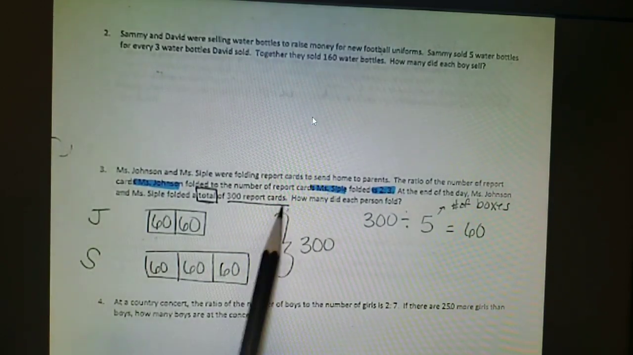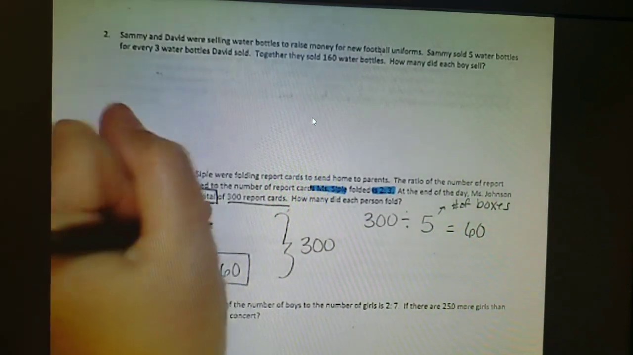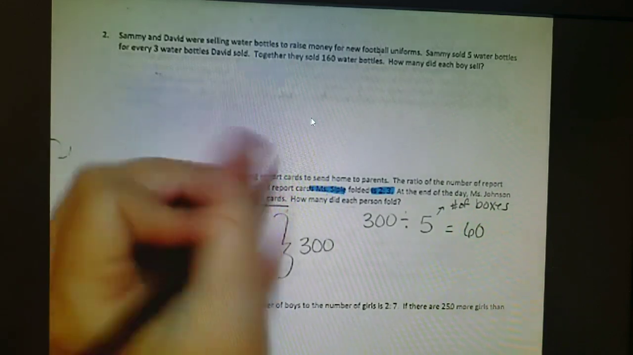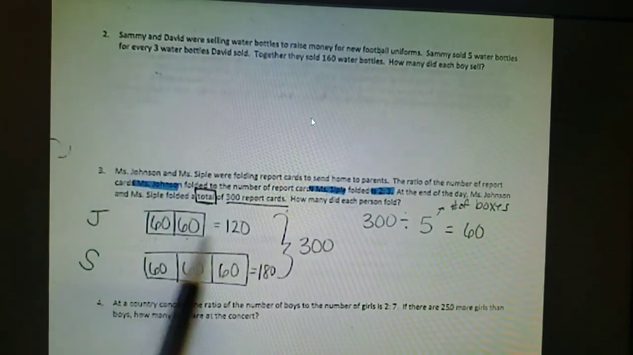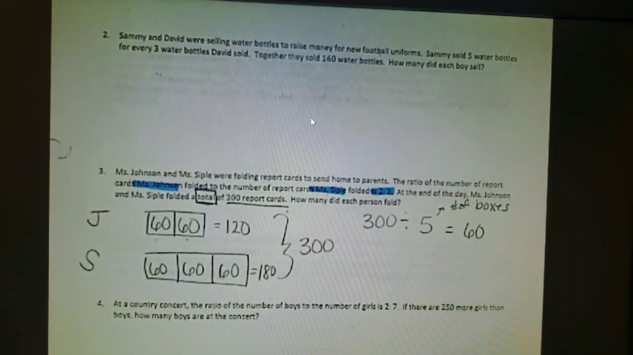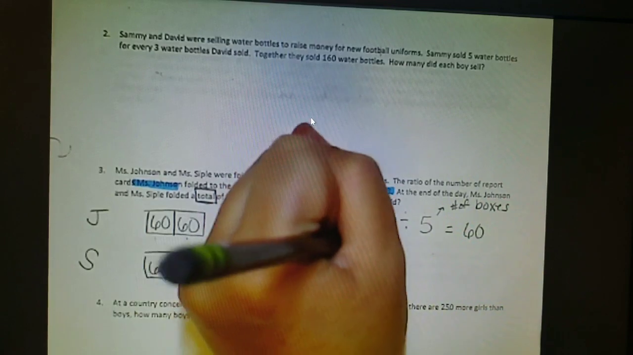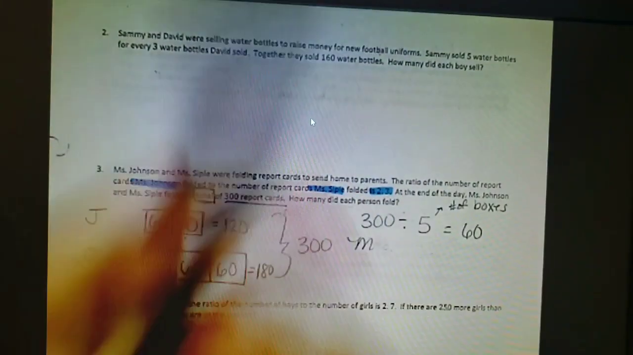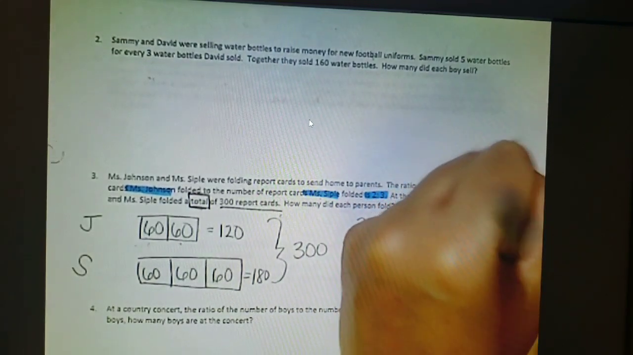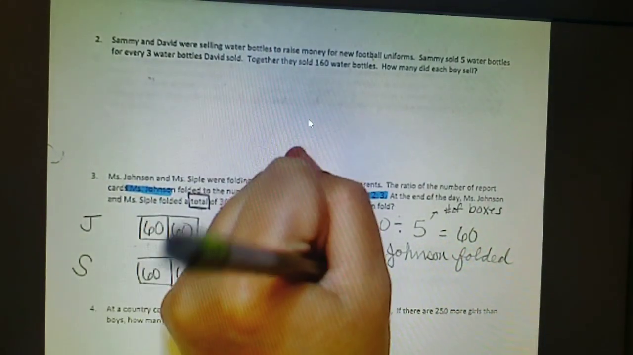Okay, so now the question is, how much did each person fold? So Ms. Johnson folded 120, and Ms. Sipple folded 180. And these two numbers, if I added them together, should equal 300. So, and then we definitely want to make sure we write it as a sentence. So, Ms. Johnson folded 120 report cards,